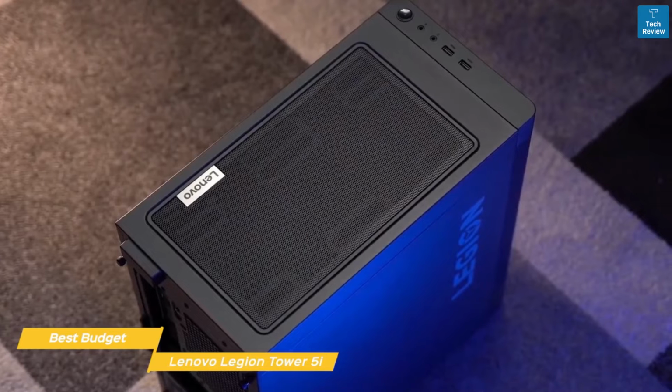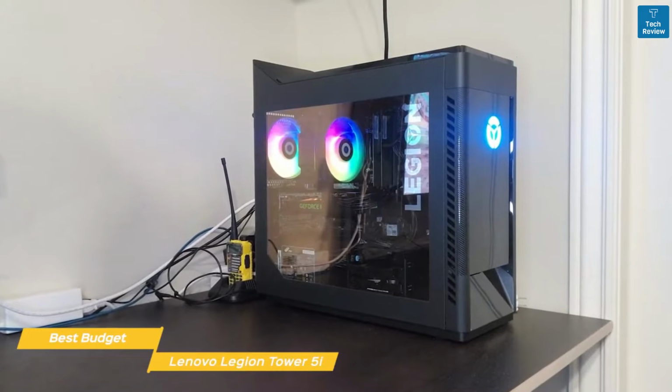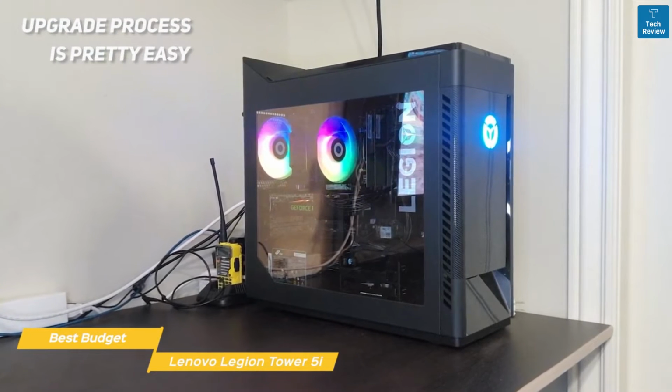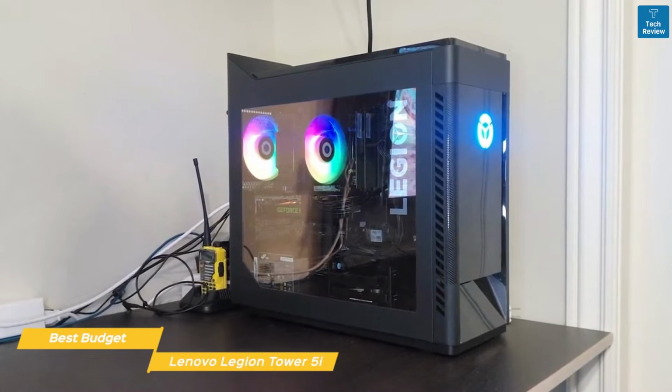And you can improve the 5i's performance by choosing the faster CPU and one of the higher-end graphics cards outright. While that may sound like a pain to some, Lenovo has actually made the upgrade process pretty easy if you decide to improve after the fact. Removing 2 thumb screws gets you inside the Legion Tower 5i, with the CPU, GPU, RAM, and all other slots